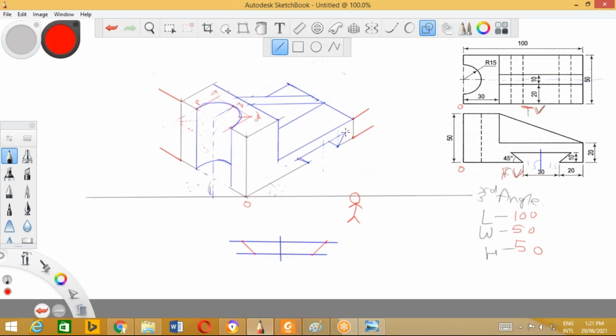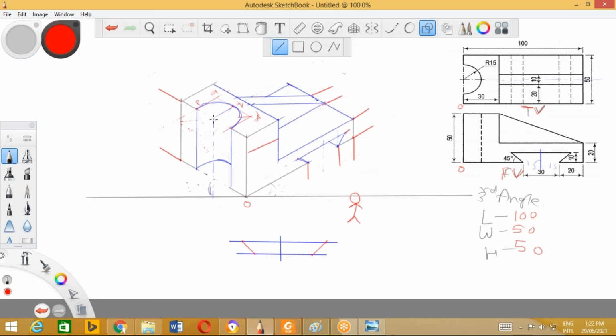Here it is 10 millimeter. It is 30 millimeter. It's 20 millimeter. Lines should be parallel. Don't forget to draw this. Now this is the line we have to draw. Mark this distance as 30 millimeter.